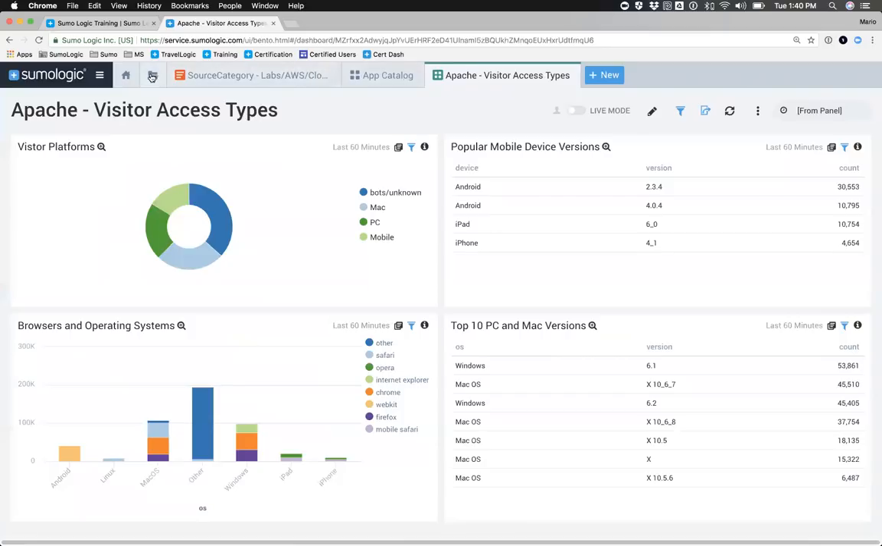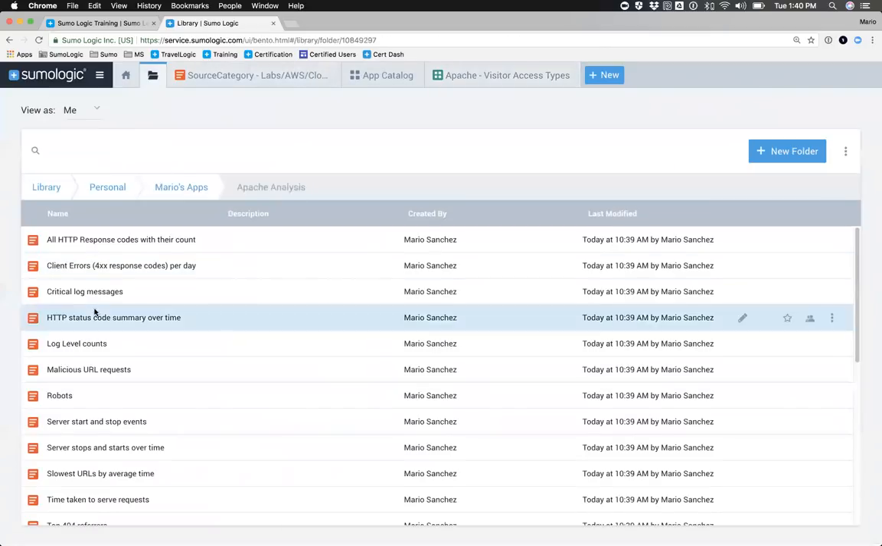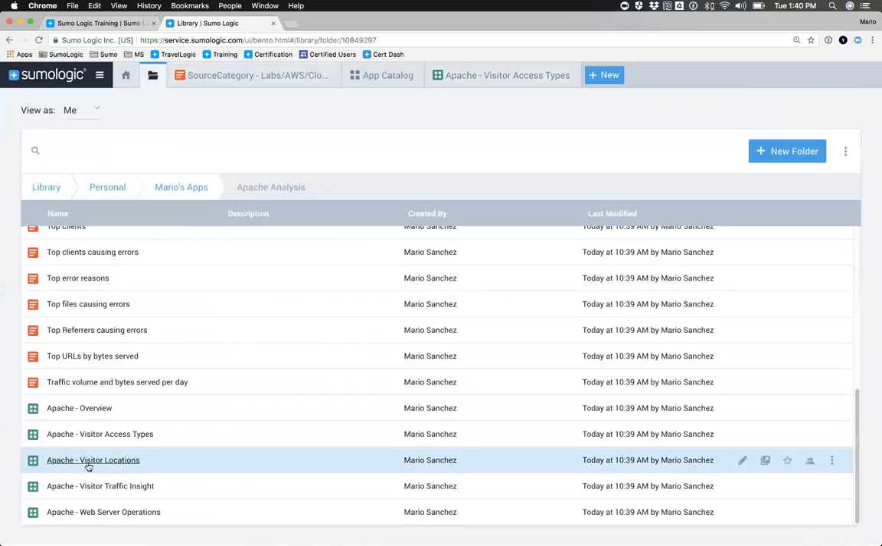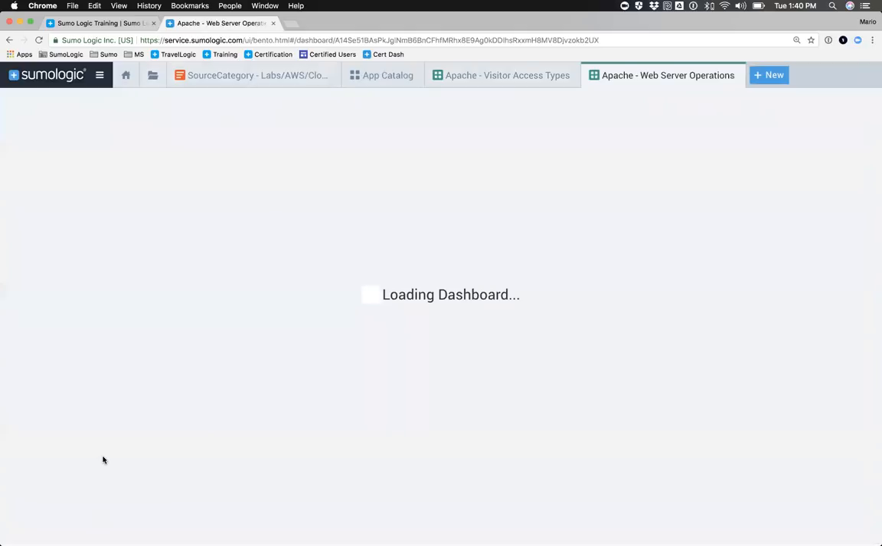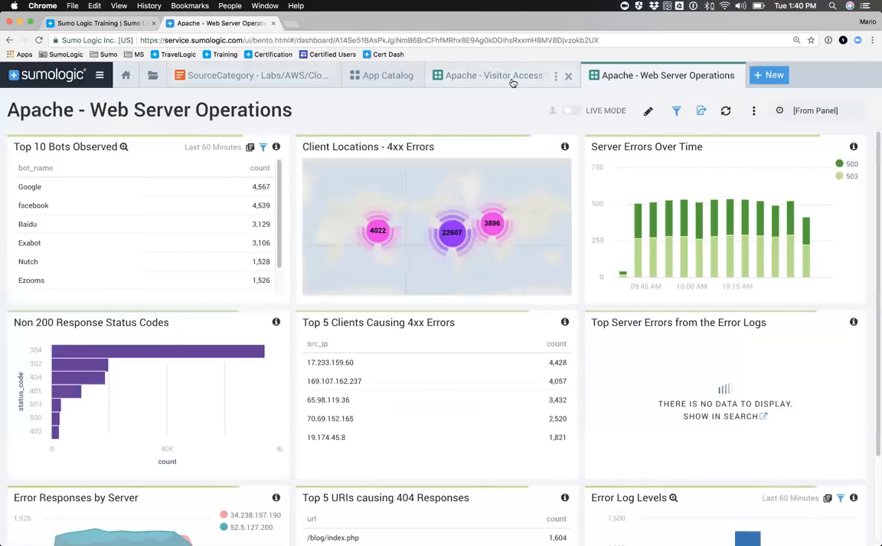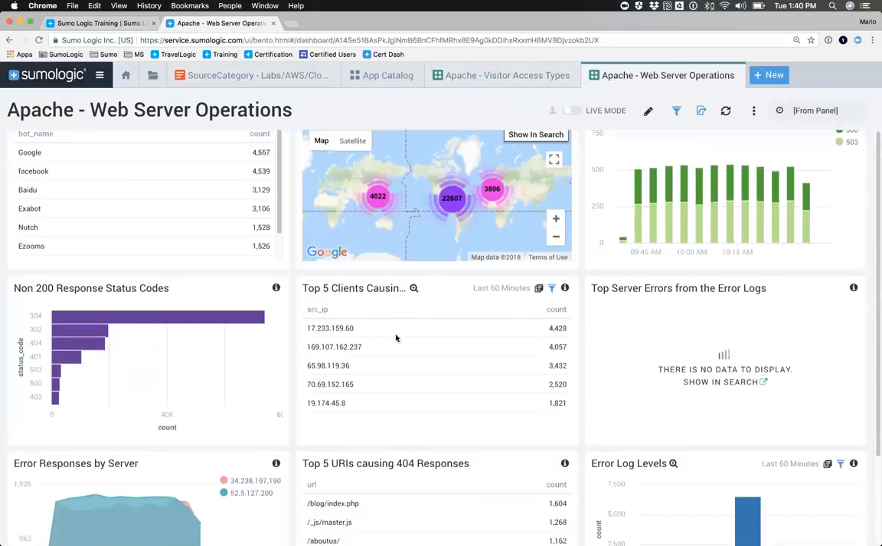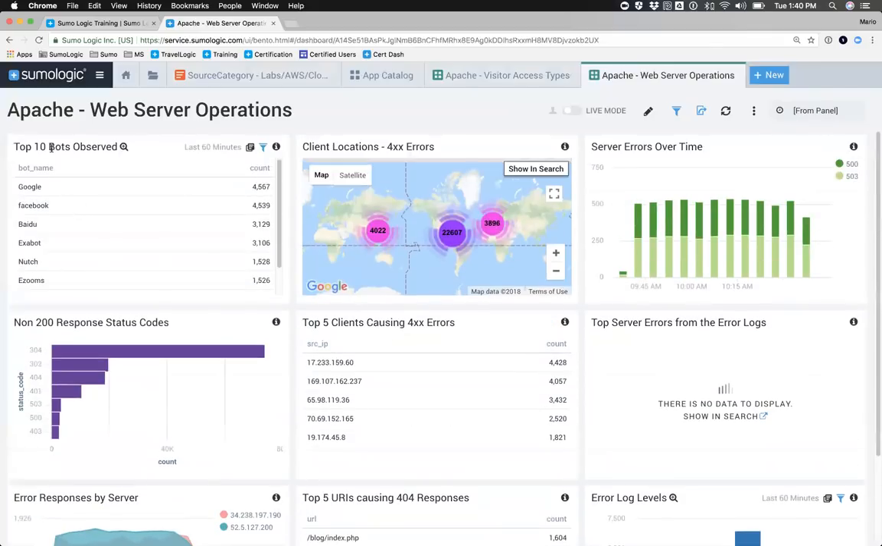Let's see what else got installed. I'm going to go back to my folder, and let's open the, oops, it's not serving. Let's open the web server operations dashboard. These are just two of the numerous dashboards that it opens, because essentially we've figured out what things you would need to understand from an Apache web server operations perspective, and we've built a dashboard for you. So notice top 10 bots, client locations for the 400s that you're receiving, server errors over time,